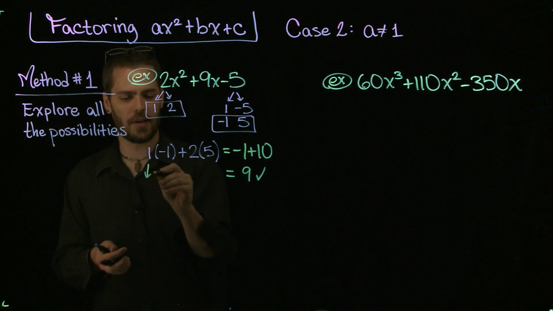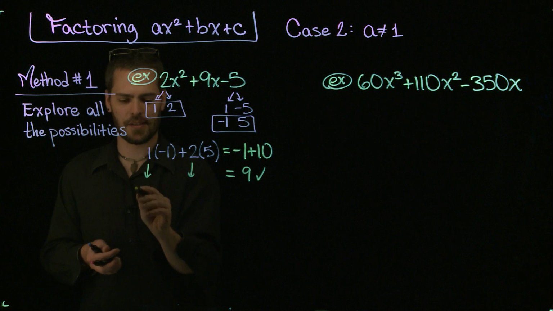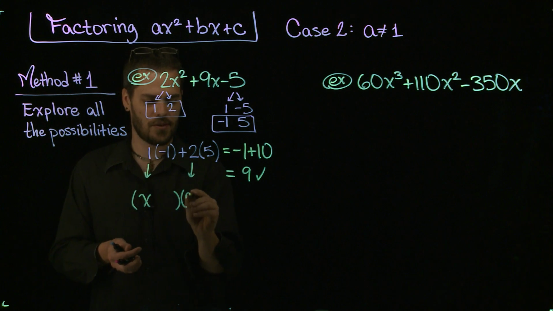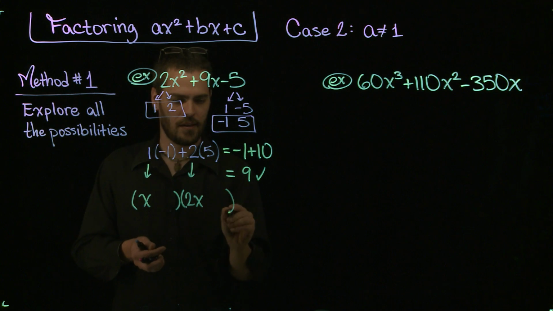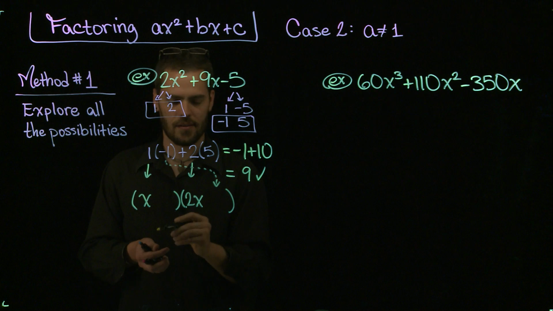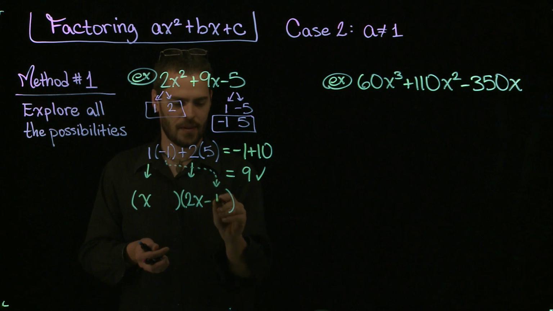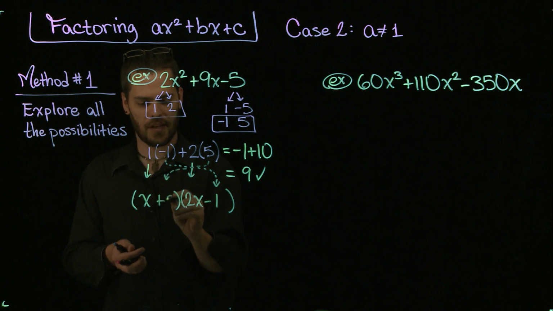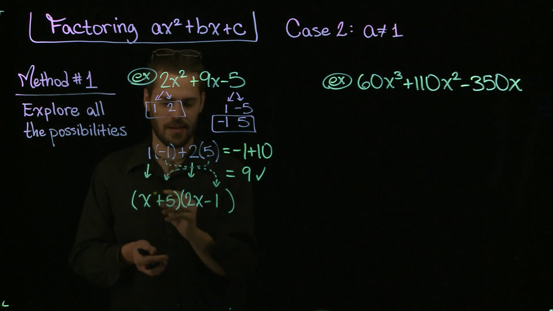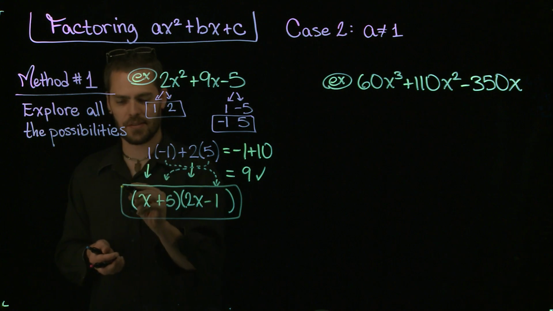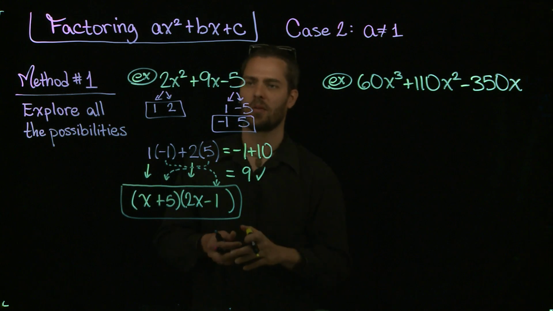That means that right away I can plug this into my solution. 1x goes here, 2x here, and remember the numbers that they were multiplied by show up in the other binomial. So -1 there, plus 5 because it's positive right there,